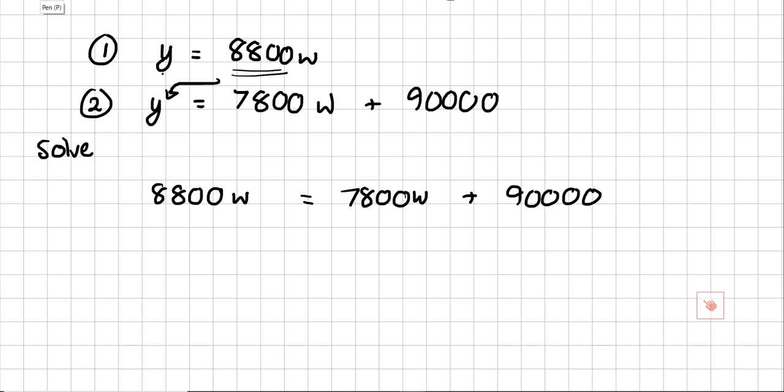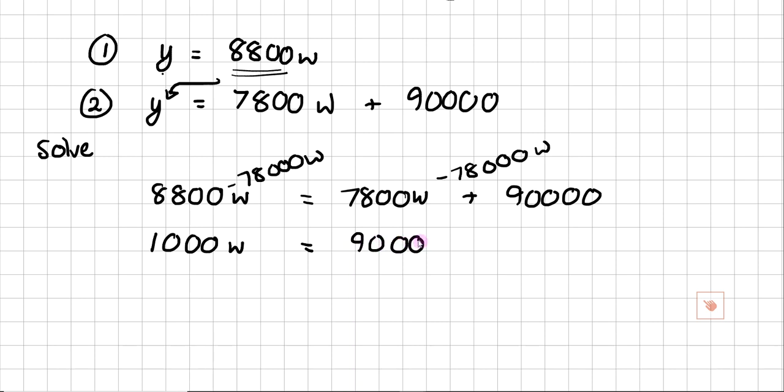So Bradley, you're going to do the next step of this. Good. Minus 7,800 W. And I get what there? 1,000 W equals 90,000. And then we divide by 1,000. And we get the number of weeks is